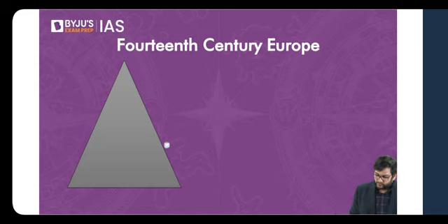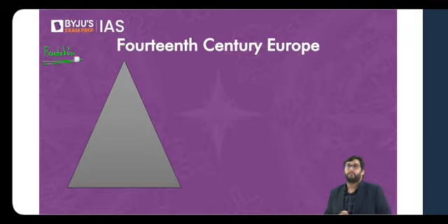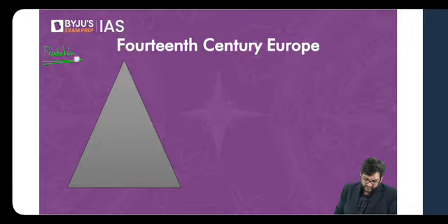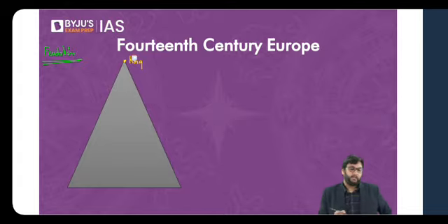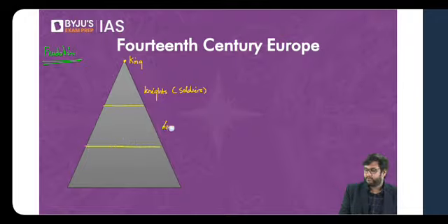Okay. So let's try to understand how 13th century, 14th century Europe used to look. At this point of time, there used to be a system which you would have heard of for sure in your life, which is called feudalism. This is the original form of feudalism, which is the fact that the society was divided in a certain way. You have the king at the apex, which is at the top. Thereafter, under the king, you have what are called knights or soldiers. Under the soldiers, you have landlords.